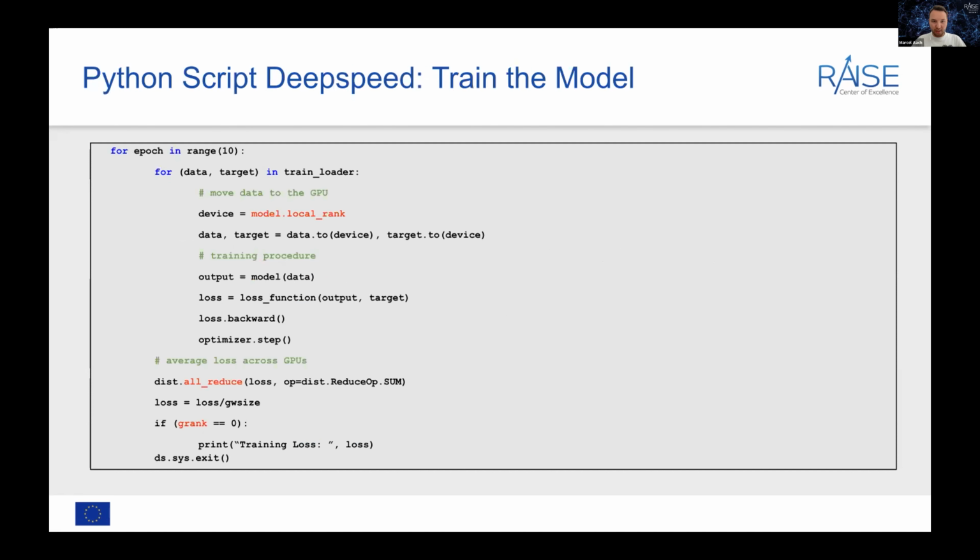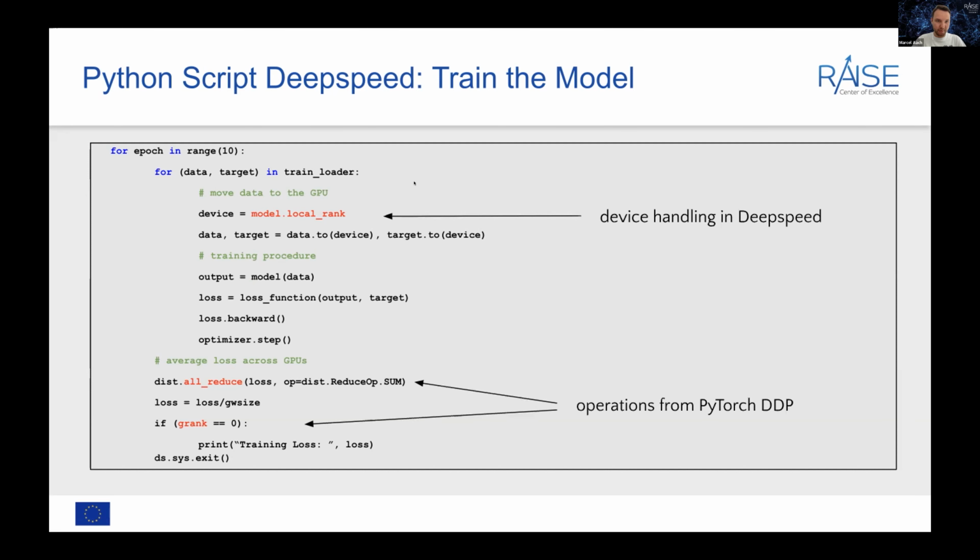Training the model, again, looks pretty similar to the PyTorch case, but instead of doing the device declaration the way we did it earlier, we do the device handling in DeepSpeed with this model.local_rank. Then we run our basic training procedure. And for averaging the results, we again rely on the PyTorch DDP backend with the same all_reduce commands.